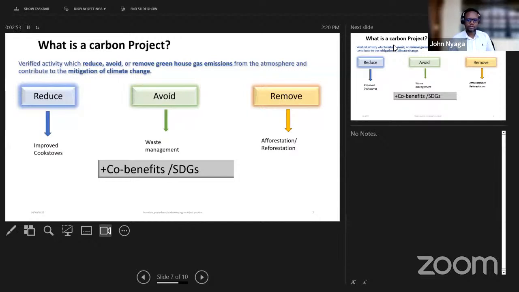And these fruits can have a number of impacts on the farmer. Number one, they can be a source of food, so you're improving food security, household food security. Number two, they can sell the fruits, so there's a source of income, improved livelihood for the farmers. So these are the core benefits. And you find most carbon projects will also try to see what additional core benefits they are contributing to.